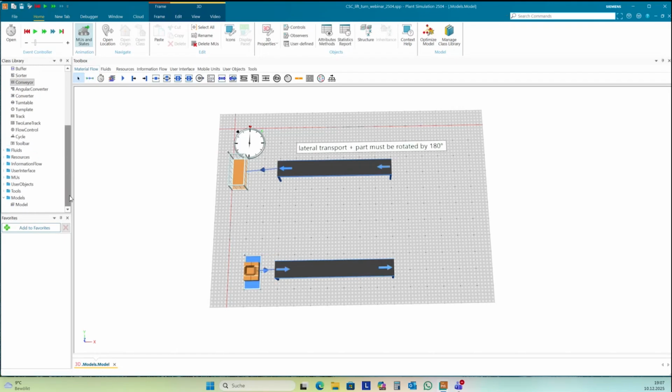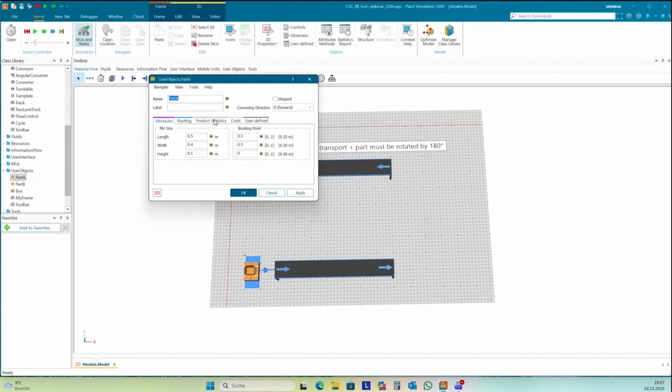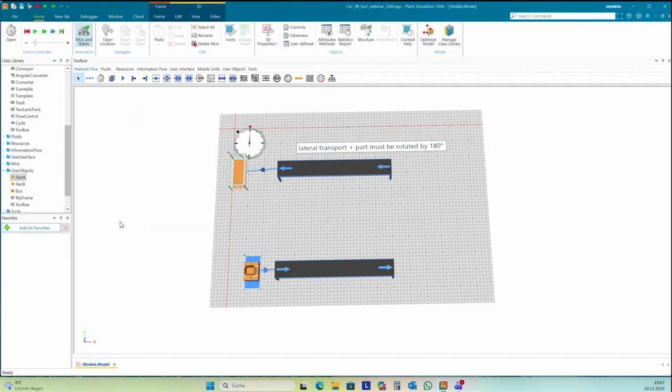Next, I change the part 1 here from user objects, part A. I want to change the size of this part. It should be 5 meters long and 1 meter wide, and my source should produce this long part.